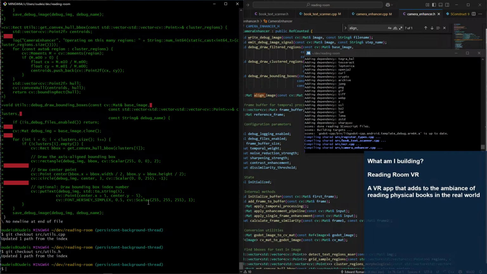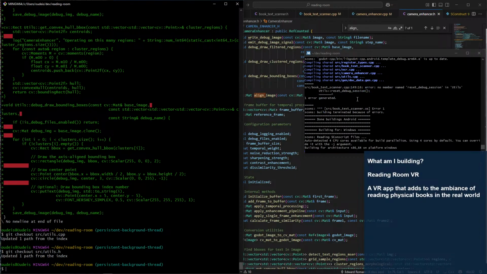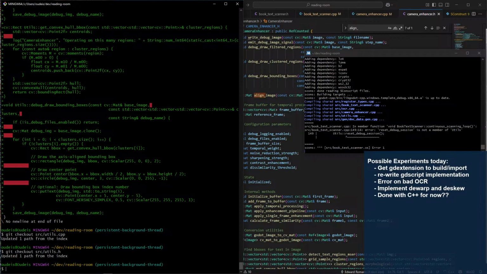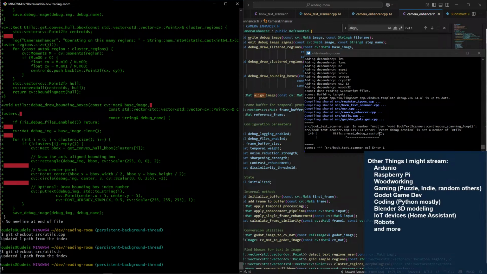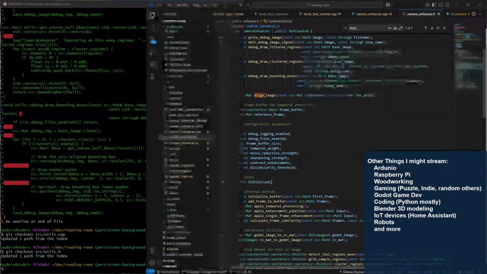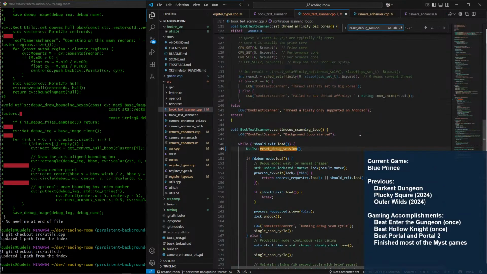Who knows? Maybe something got broken in the translation there. Okay, so we at least know one thing that got lost, and I can bring that back over. Yeah, so this is that reset debug. That's fine. It's one method. Let's bring that one over. And that was book scanner. Yep, so that's the one issue.